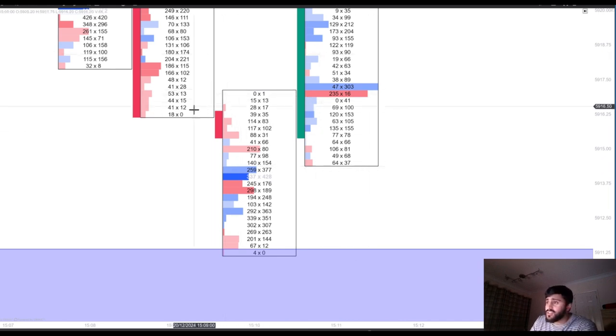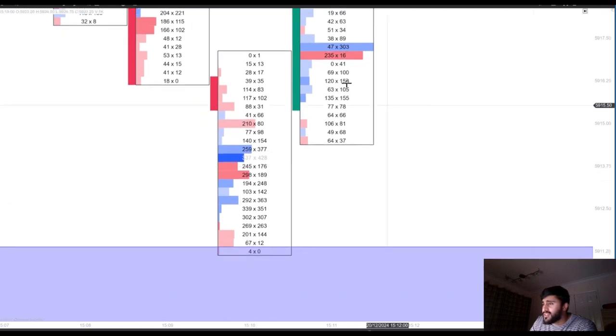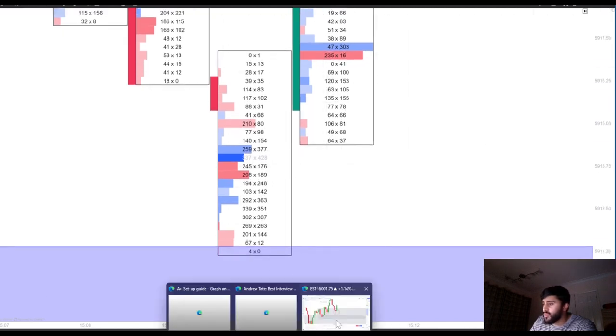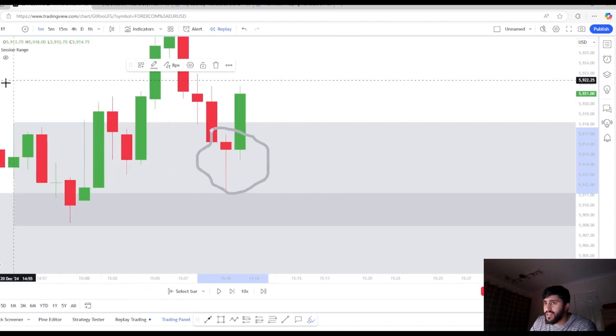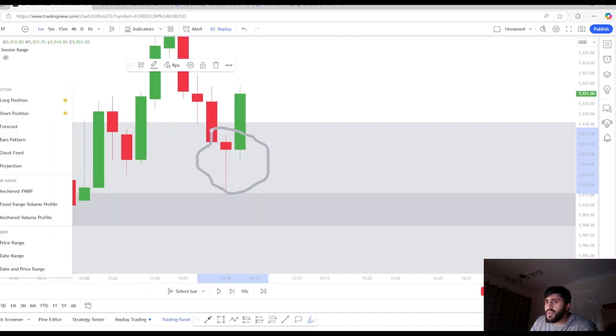And the other interesting thing is, yes, we've had a red candle over here with a massive wick, but this wick was full of aggressive buyers. You can see there was more aggressive buyers than there were aggressive sellers. And you can see that via the color-coded delta. So when we head back to the regular candlestick chart, which is what we're all familiar with,